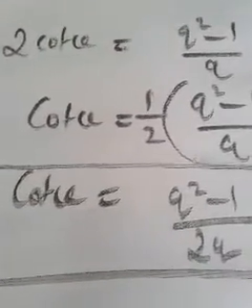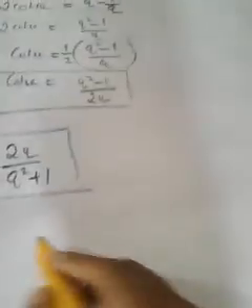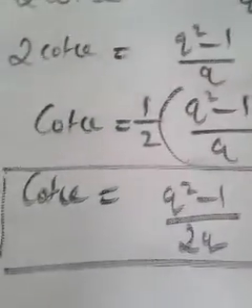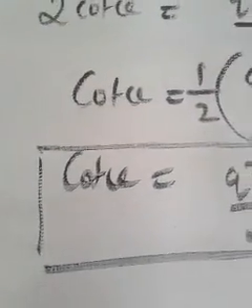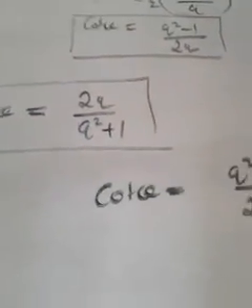Listen, we have cot theta is equal to q square minus 1 by 2q. So let me write that. We have cot theta is equal to q square minus 1 by 2q. I am going to explain one more method to find out sec theta by using the result. Which are the results with us? Cosec theta is there with me now, cot theta is there with me now, and of course sin theta is also there with me now. Which method can we use these three results, and how can we reach sec theta, that I am going to explain.